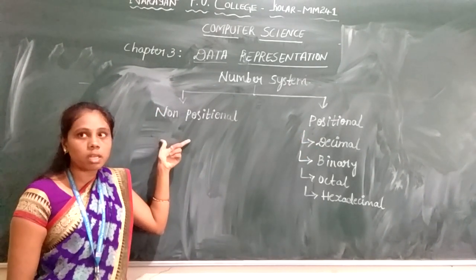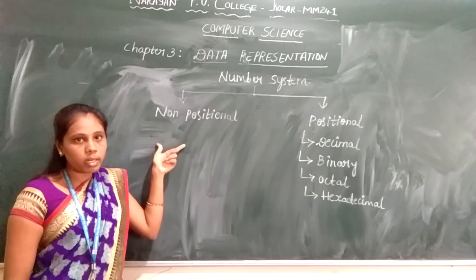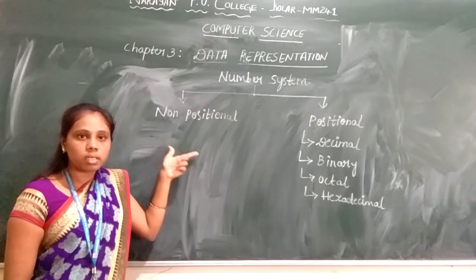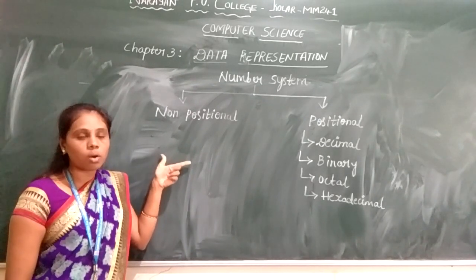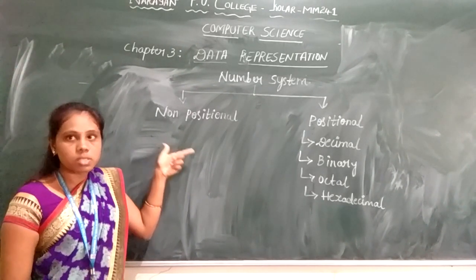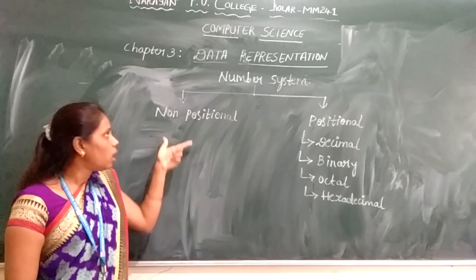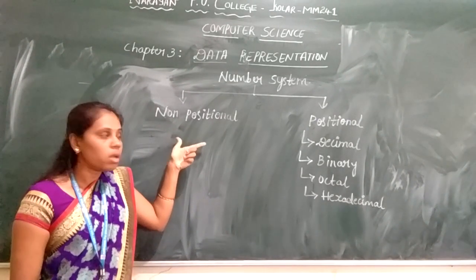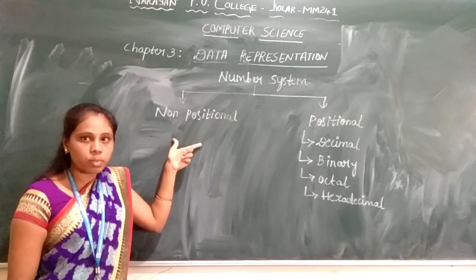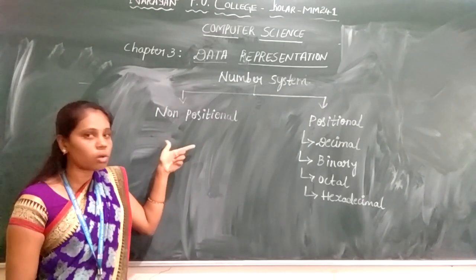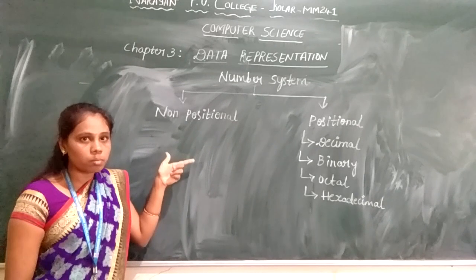In non-positional number system, in the olden days, the people used their fingers to count. When 10 fingers were not enough to count the numbers, they used stones or pebbles or any symbols for identification of the numbers. In non-positional number system, large numbers cannot be expressed and these numbers cannot be remembered. So this was the main drawback of non-positional number system.